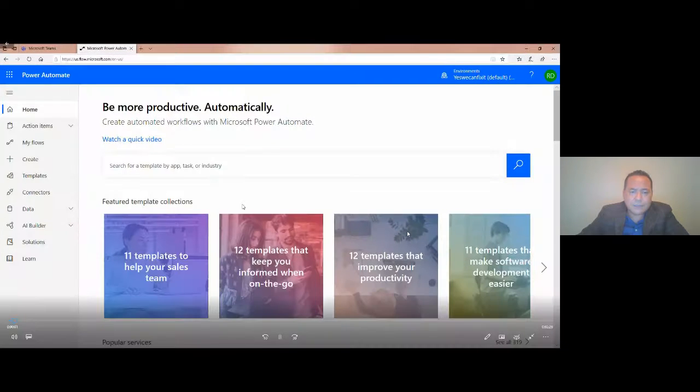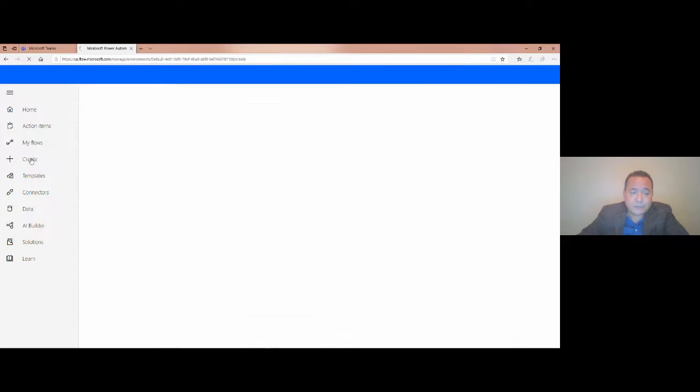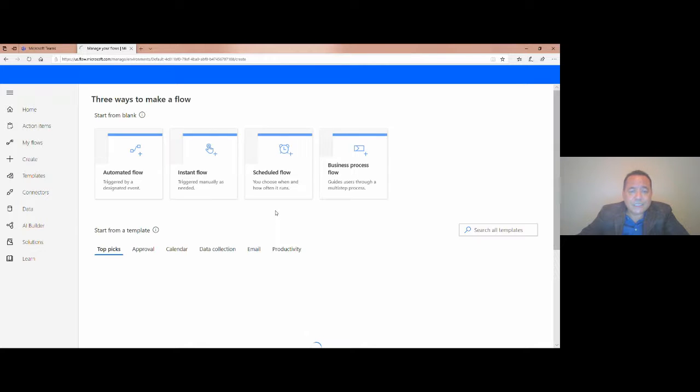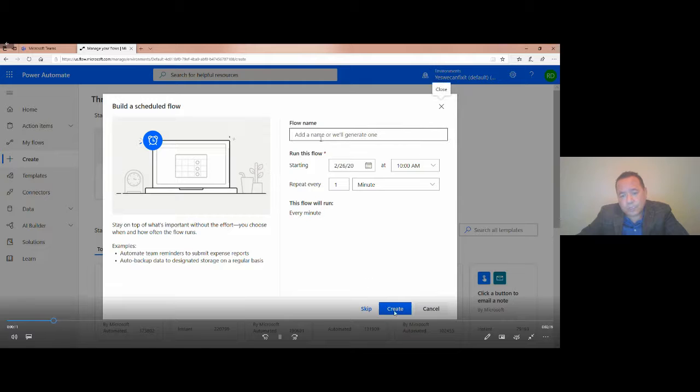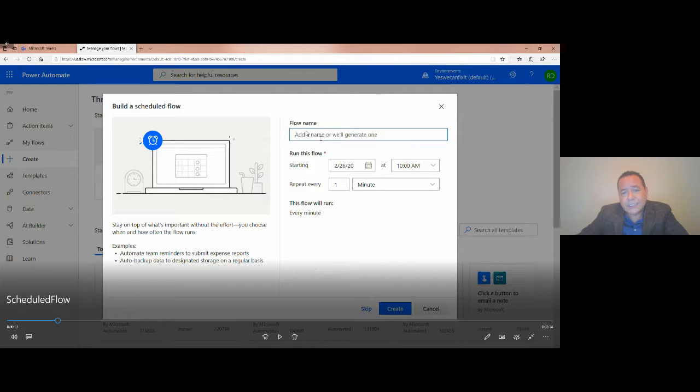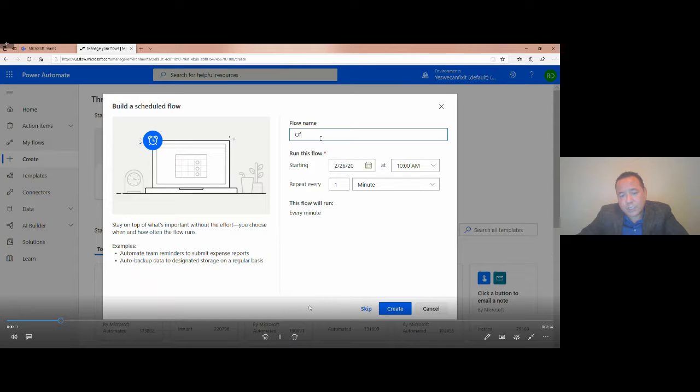So we click on it, and then when we click on create, you're going to see the options to schedule the flow. Now I'm going to hold it here, and you will see that you enter the flow name and then run this flow starting this day at this time, and then you're going to see all the options that we have and how frequently we can execute the flow.